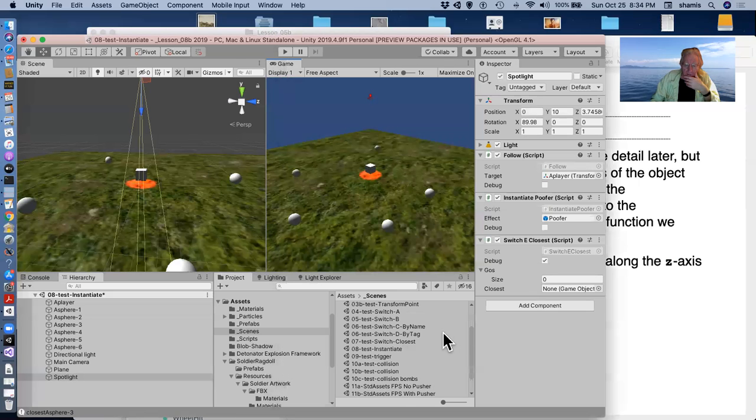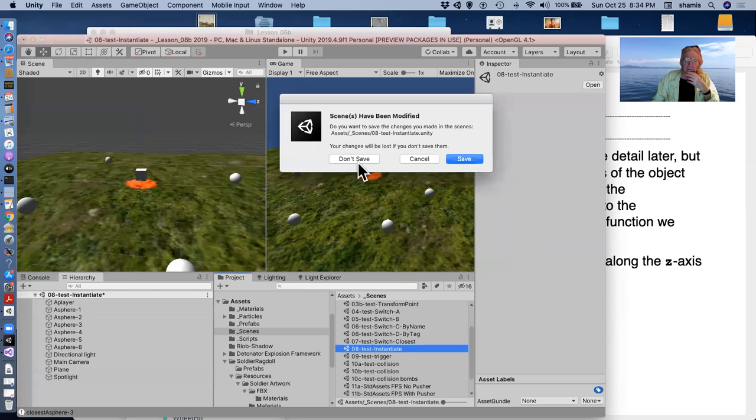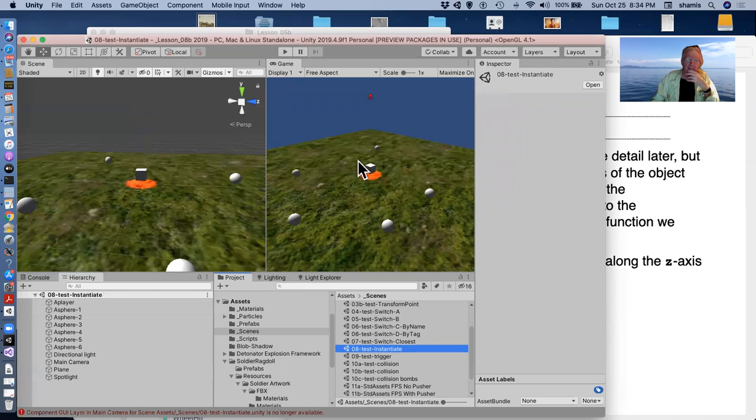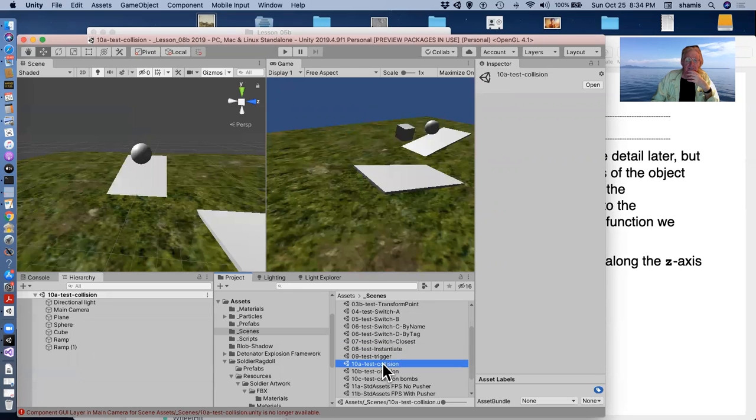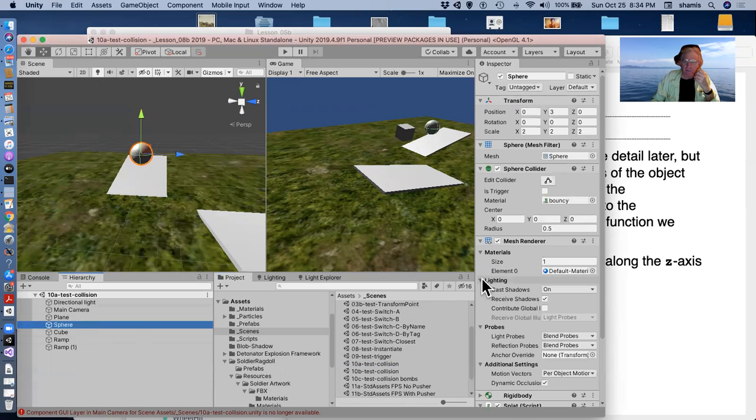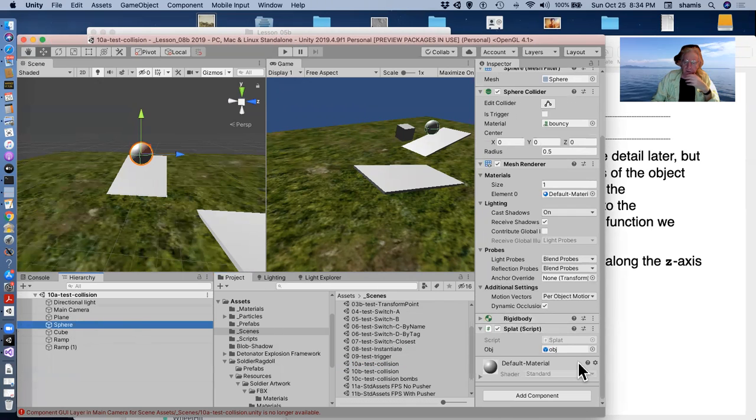So let me do that one. Here's test instantiate, don't save. Test trigger, test collision, there it is. Okay, so here are my objects. My sphere and cube are rigid body objects. They both have the splat script on it with the object that they're going to splat. You'll see that in a second. And so as these things go,